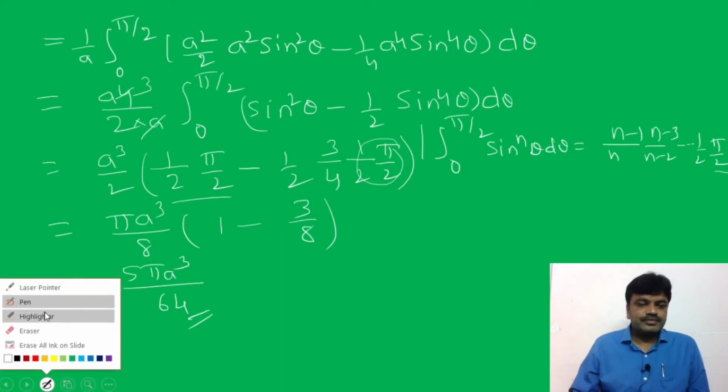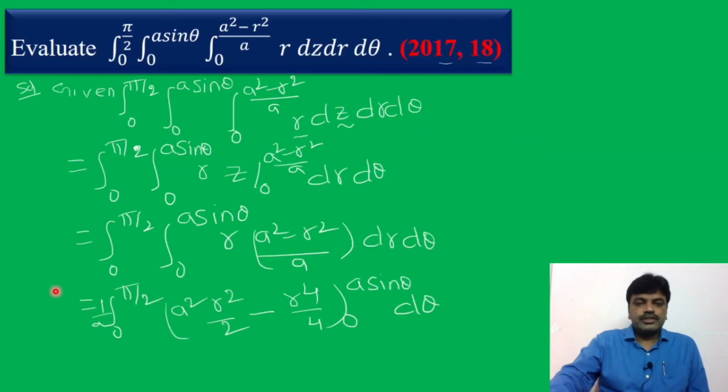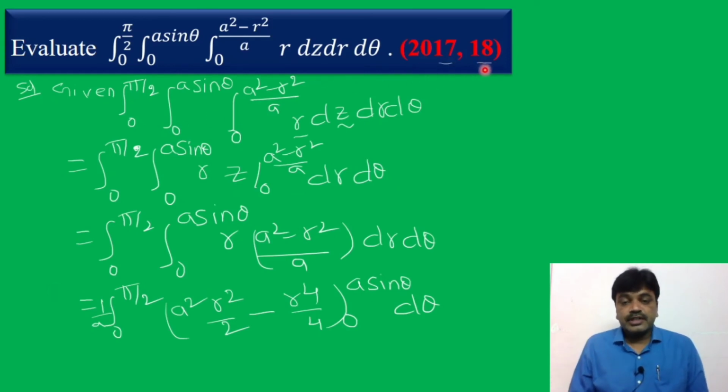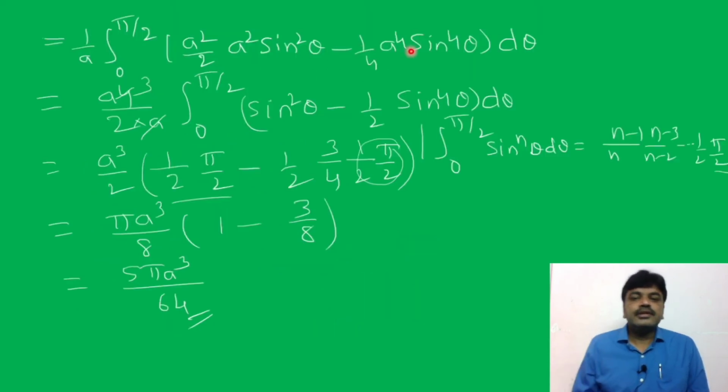Once again, this is the polar form, friends. This problem is very, very important because it appeared in 2017 and 18, so do it carefully. Here I observe the limits first: r, sin theta and pi by 2. So r means we write dz, sin theta means dr, and then theta. And then I integrate with respect to z. With respect to z, r is constant, so we get z. Substitute the upper and lower limits, multiply it, then integrate with respect to r, and again substitute the upper and lower limits. Then we get a function in terms of theta.